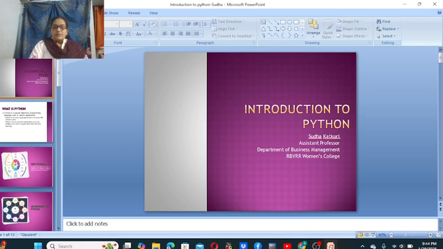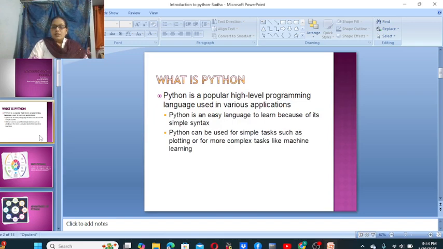First, we discuss what Python actually is. Python is a popular high-level programming language used in various applications. It is a widely used high-level interpreted programming language. It was created by Guido van Rossum in 1989 and further development was done by the Python Software